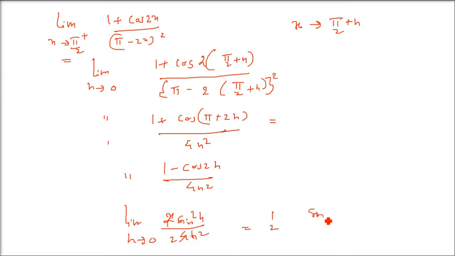Sin square h by h square. So sin h by h I am taking 1, and we have sin h by h another one. We are now applying limit, h tends to 0. Here also limit, h tends to 0. Now this sin h by h, we have seen this is 1. And here also sin h by h, it's 1. So half into 1 into 1 is half. That is how we are going to use it wherever the variable tends to a non-zero quantity. This is how we evaluate the trigonometric limits.